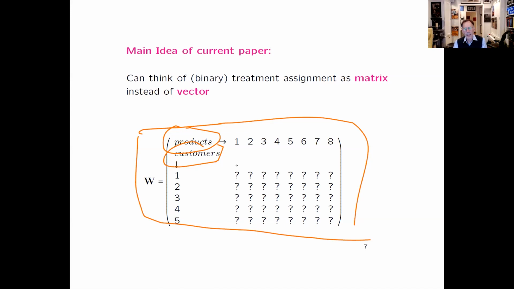And of course, one reason why this may not have come up much previously, prior to the rise of experimentation in the tech companies, is that in many physical marketplaces, this is hard to imagine. If you and I both go to the same store, to the same supermarket at the same point in time, we of course see the same treatment for all the same products. If a particular product is discounted, it's discounted for both you and me. We can't have a separate discount for you and me when we go to the same store.